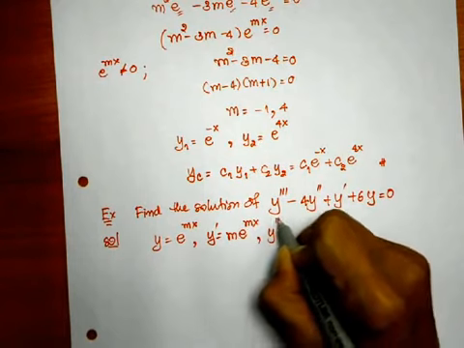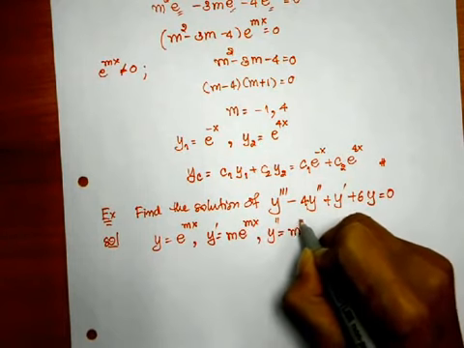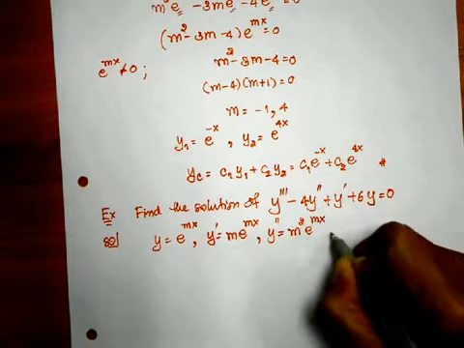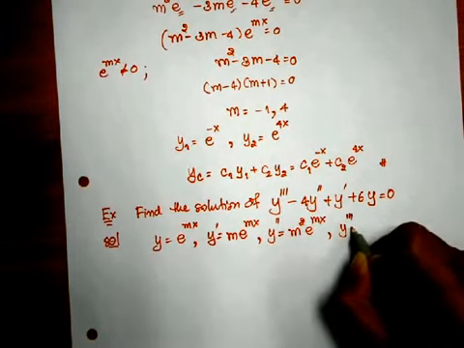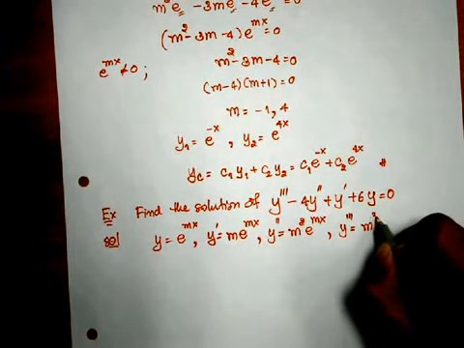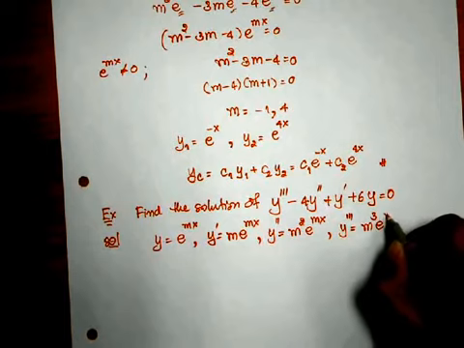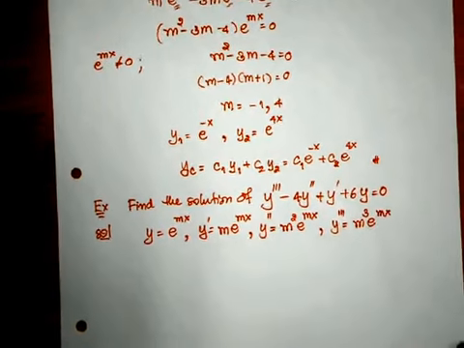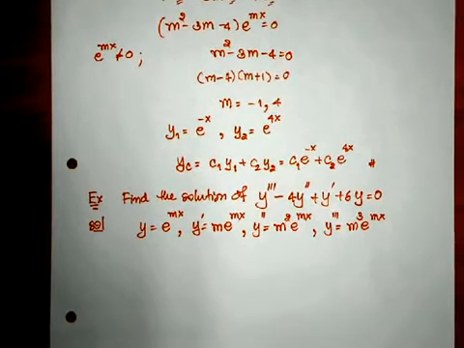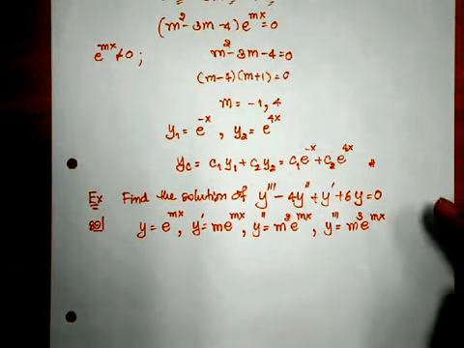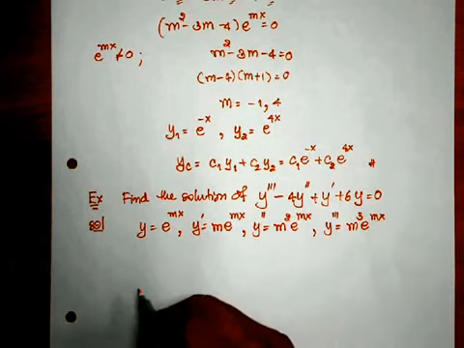The second time we get m squared exponential of mx. And the third time we get m to the power 3 exponential of mx. And then you put y and its derivatives back into the differential equation. You would get